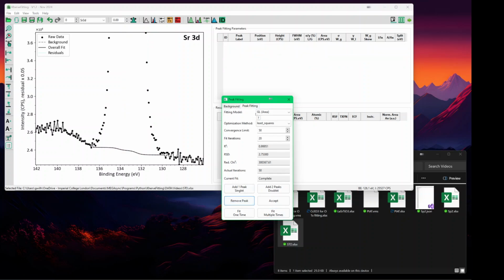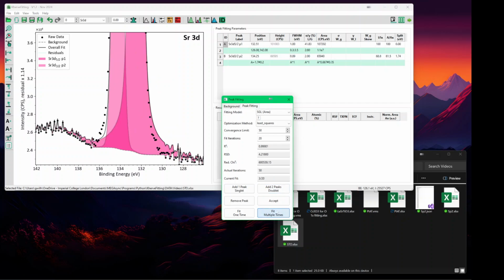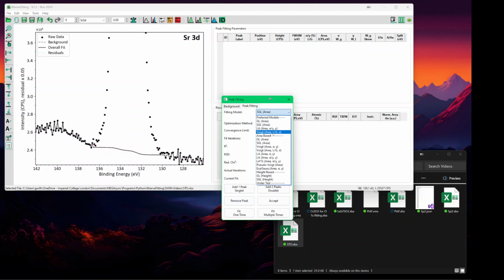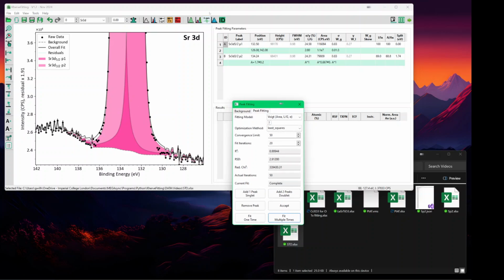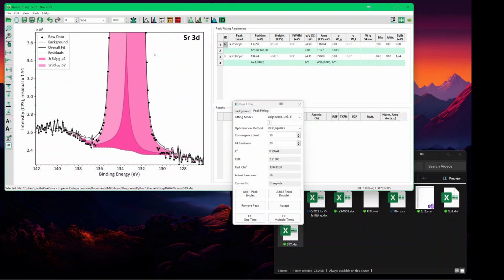And if I go to the SGL model and fit it, we get also similar models. The area is also similar. So this is around 10,500. And if I use the Voigt function, add the doublet and fit it, it fits way more, so it's getting 11,600. Okay, so now if I go to the next peak, let me just go